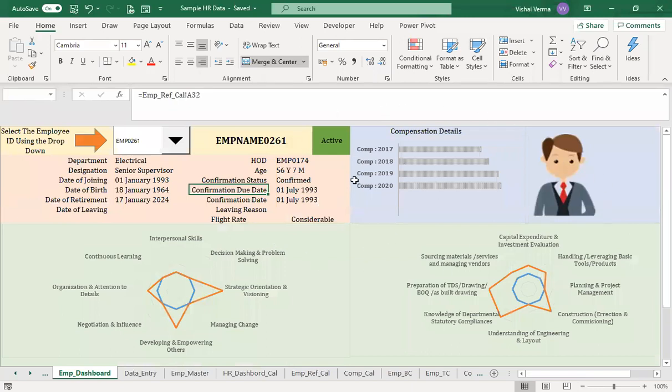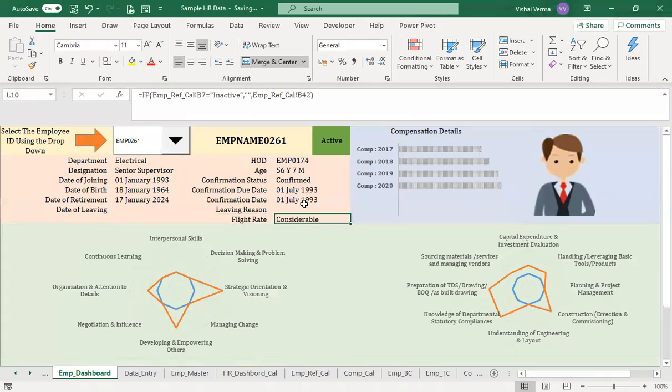The design, the presentation, the location and the positioning of the different cells can be changed according to your choice. What is important is the basic information that is required, so whatever information you are gathering can be shown here.